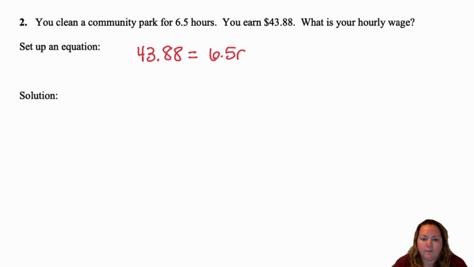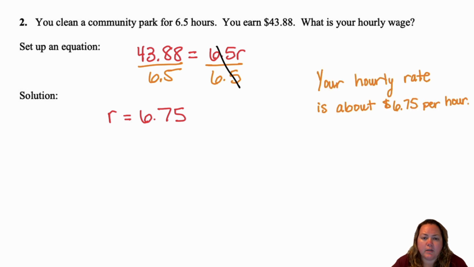So $43.88 is equal to 6.5 hours times your rate. You work for this many hours times however much you get paid an hour, and your total was $43.88. I could have flipped that in the other direction if I wanted. I want to solve for R, so I'm going to divide both sides by 6.5. 43.88 divided by 6.5 gives me 6.75. So your hourly rate is about